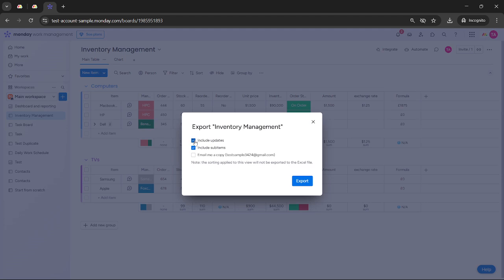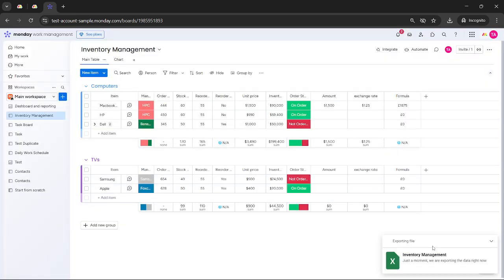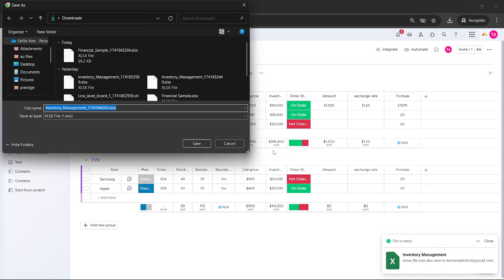Another option you'll find useful is the ability to send a copy of this exported file to yourself. It ensures you have a handy backup or can easily share the file via email. Now, with everything selected as per your requirements, you're ready to initiate the export. Simply click on the export button and the process will begin. Once the export is complete, the Excel file will automatically download to your computer. This file now contains all of the board's information you've chosen to include, ready to be opened, edited, or shared